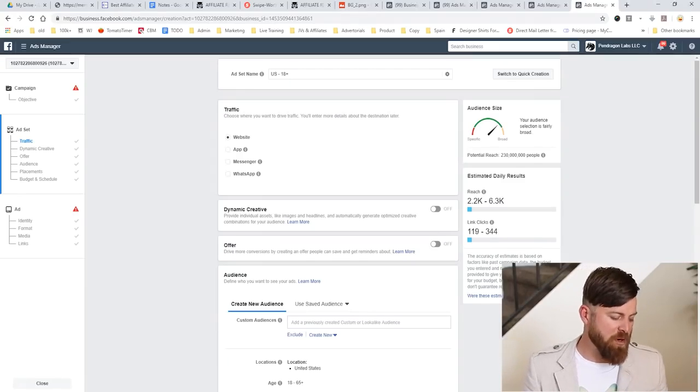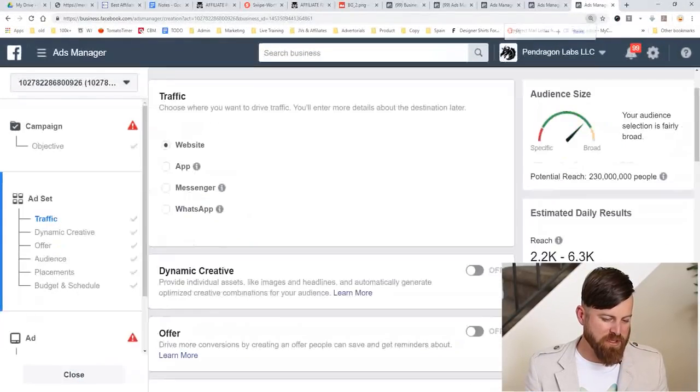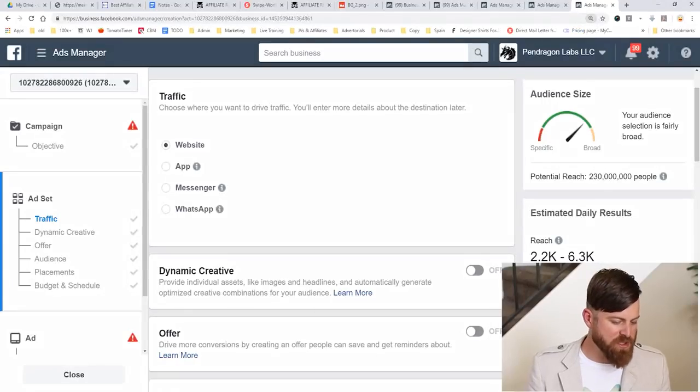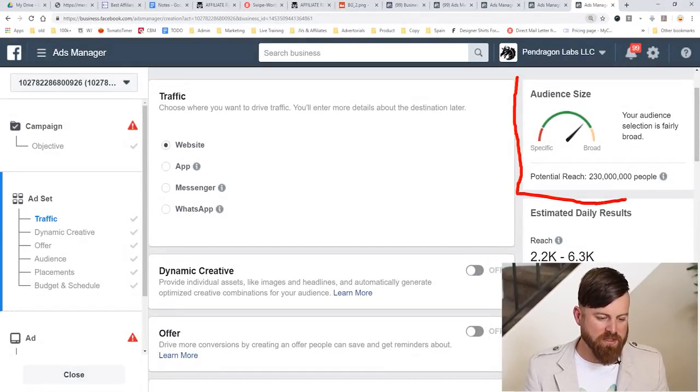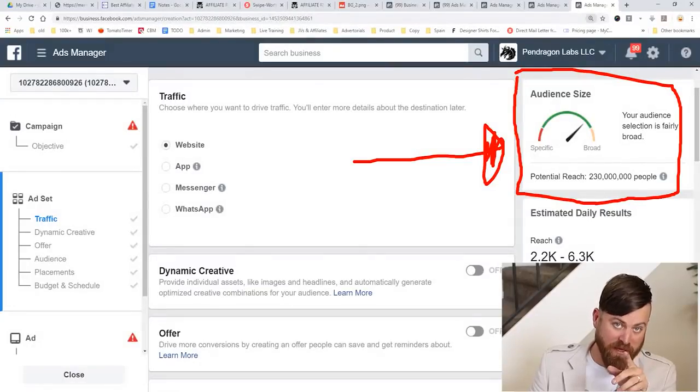Okay, now once we click on our traffic objective and we set that, what we come down to is our ad set, okay? So I'm gonna zoom in here so you guys can see it. And what's interesting to note is that you can see the audience size that you're targeting. This is something that we're going to keep in mind for later. Now, this brings me to some of my advanced vocabulary, which is helpful to know. This advanced vocabulary will help you when you're setting up your targeting in this step.